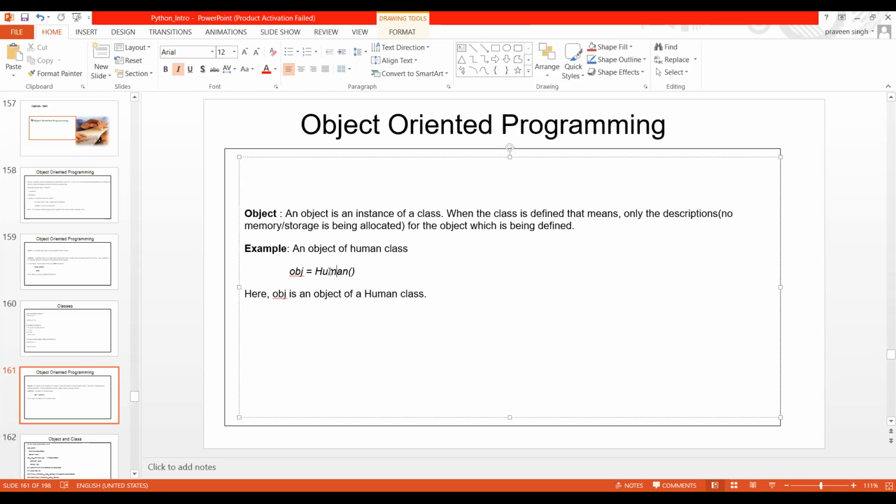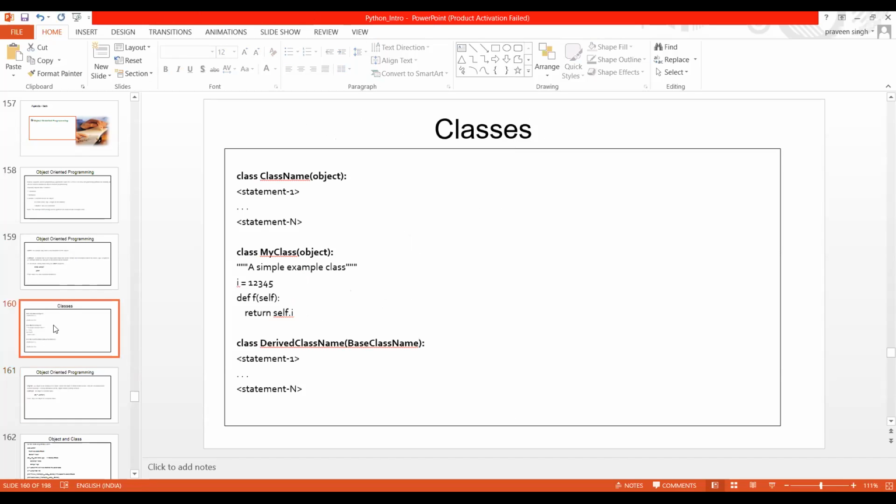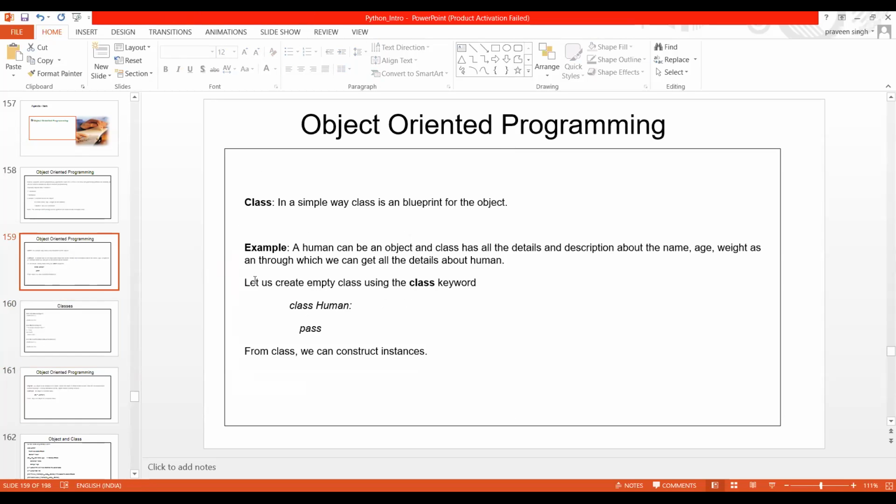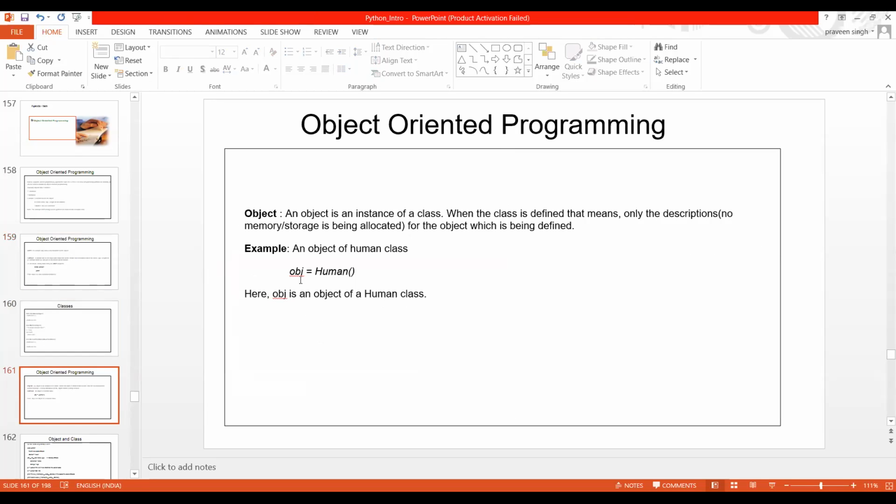Now I am creating an instance, so here human and then object. You just need to write a name, like object 1, object 2, and so on. Here obj is an object of the human class, which you have already defined and are now trying to use. Maybe you can write all this stuff in a class here, and then I will try to consume it.